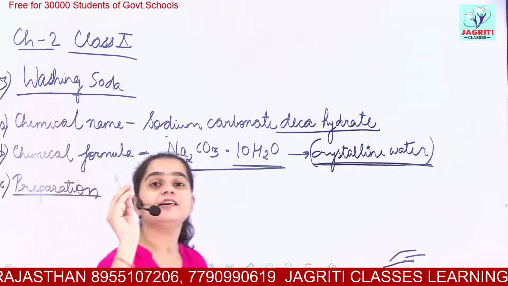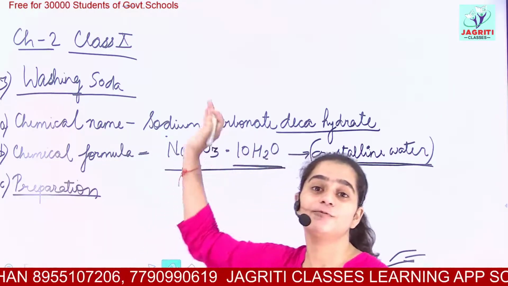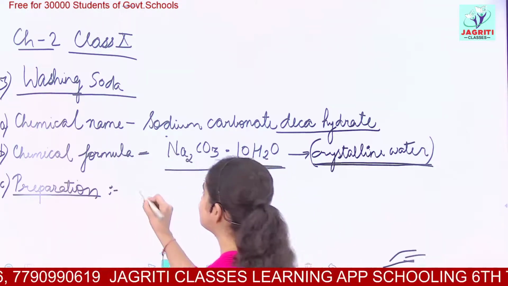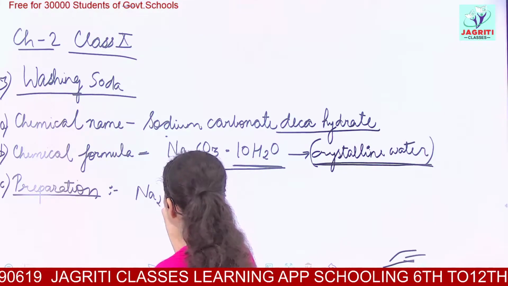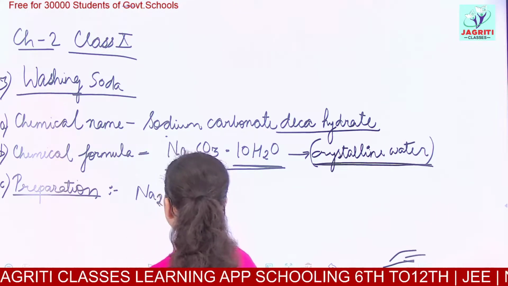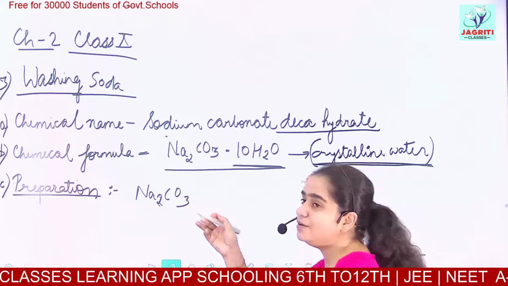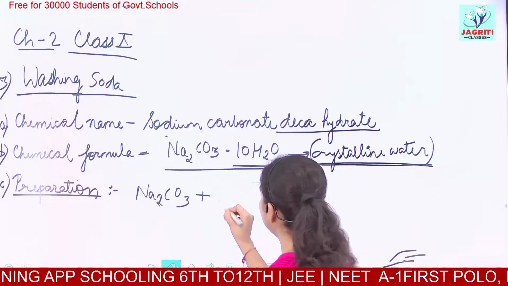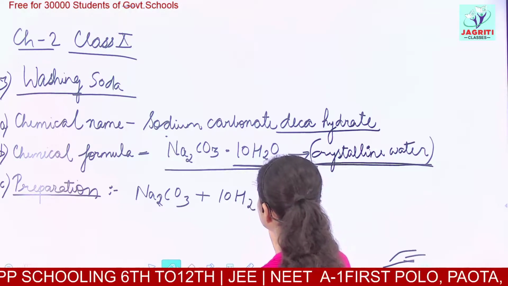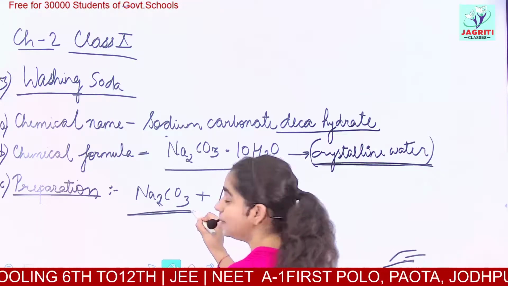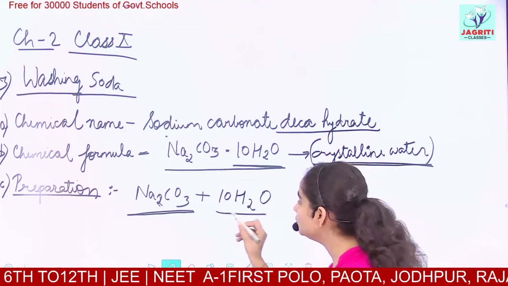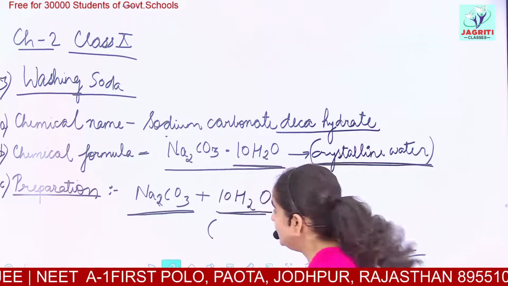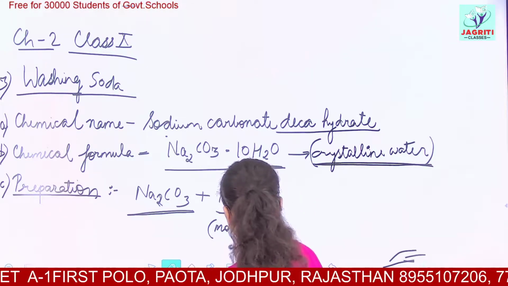What is the chemical reaction behind the preparation of washing soda? So for the preparation of washing soda, you just take sodium carbonate, Na2CO3. Okay, take sodium carbonate and leave it in air. From the air, it would absorb moisture, and moisture would be in the form of 10 water molecules. One molecule of sodium carbonate reacts with 10 molecules of this water. This is, again I am telling, not exactly water. It is the moisture from the air.